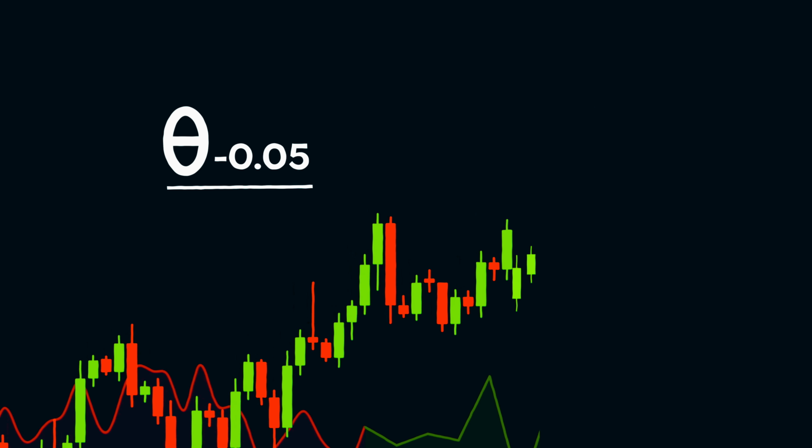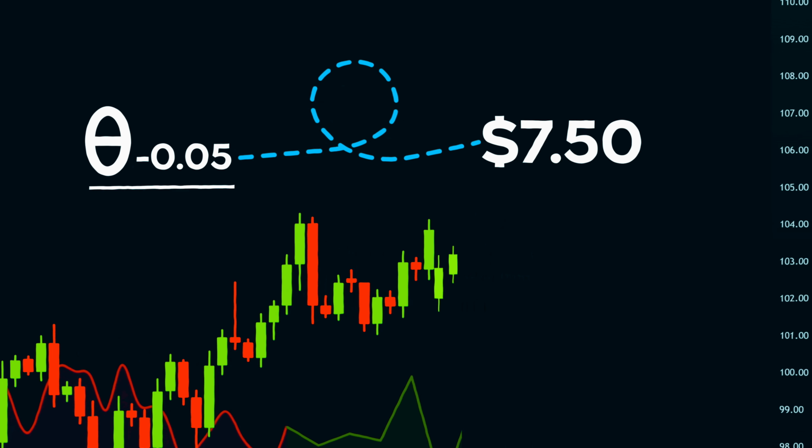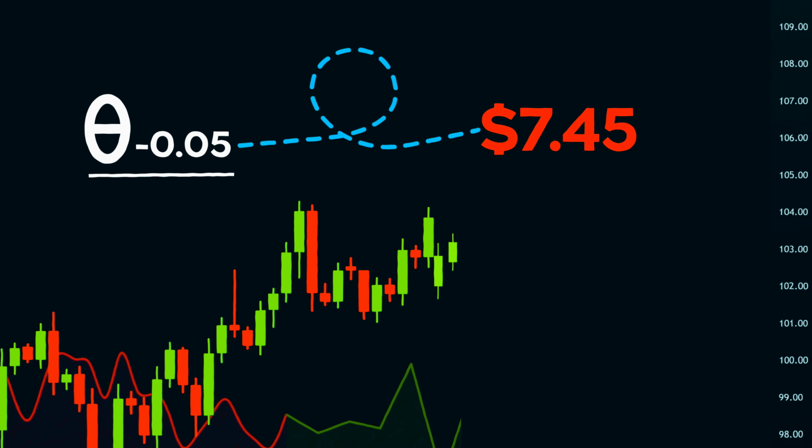Theta measures the time decay of an option's price. As options get closer to expiration, they lose value due to the passage of time. This loss in value is reflected by theta. For example, a theta of negative 0.05 means that the option loses 5 cents in value every day, all else